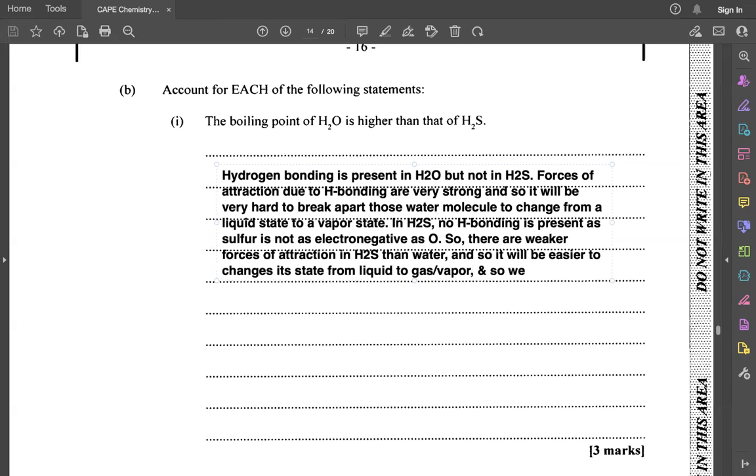And so we see a lower boiling point for H2S